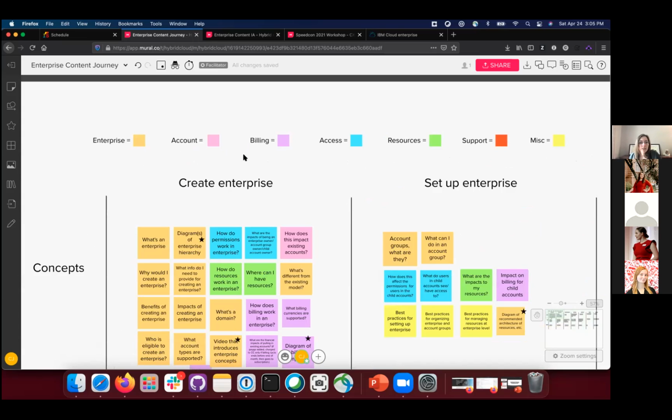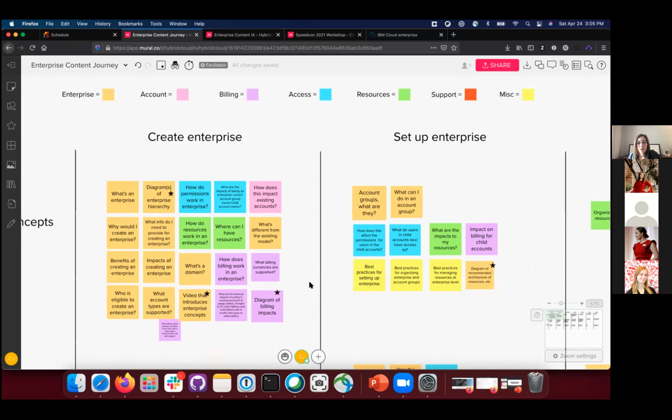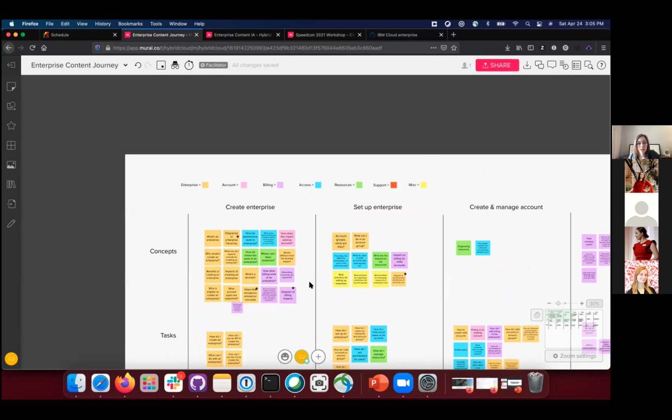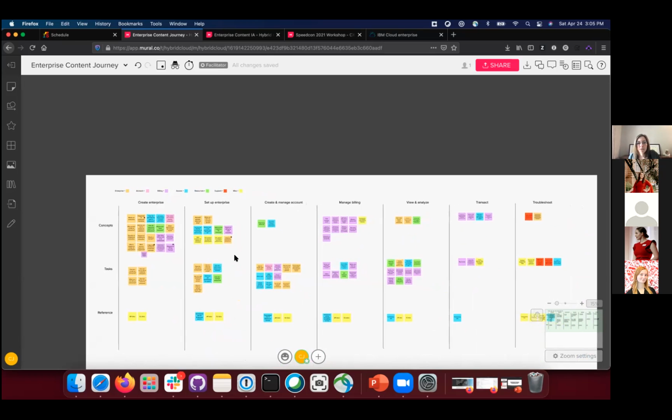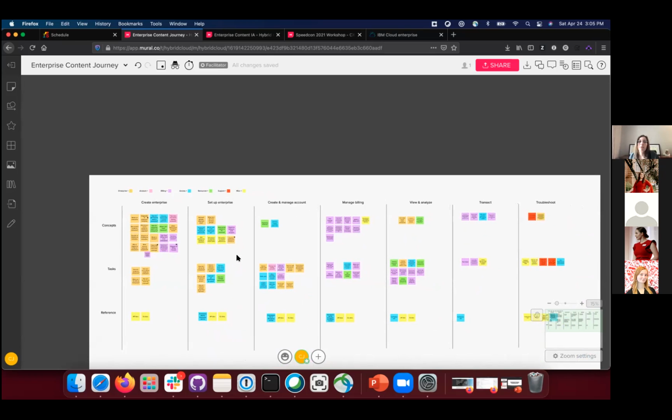Accounts is just what it sounds like, account. Billing is payment, usage tracking, things like that. Access being what permissions do they need. Resources are the actual service instances that they create. Support, fairly straightforward there, and so on. And the reason we use this color coding is to be able to see, if you zoom out at like a 5,000 foot view here,